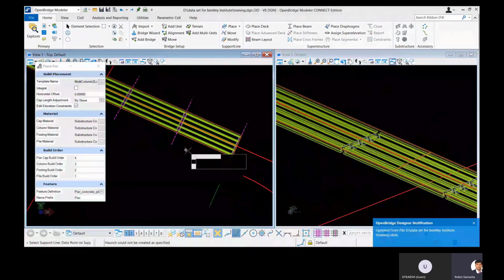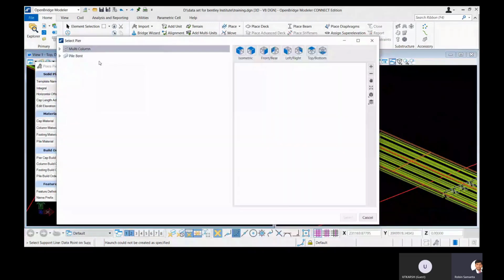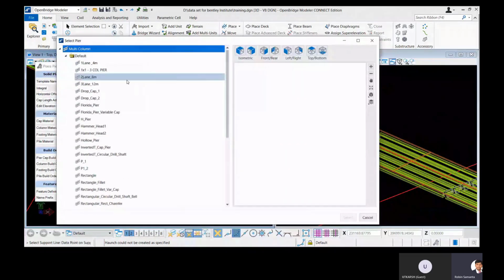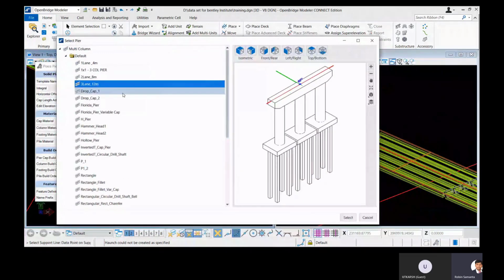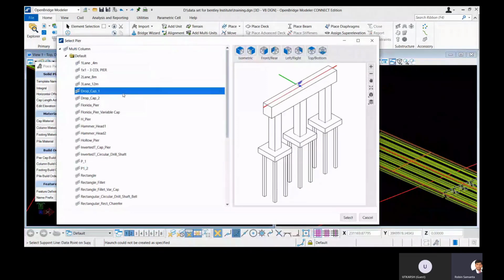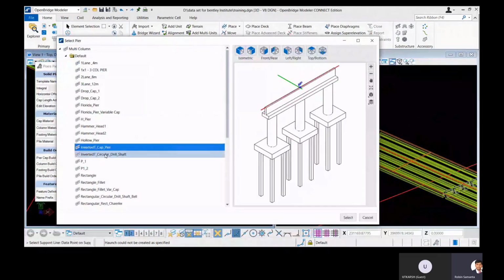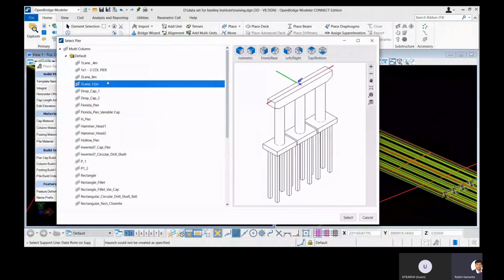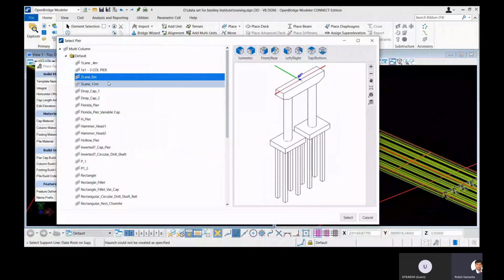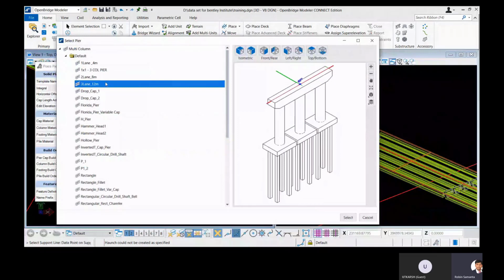Similar way, if you see, we're selecting from a template for the pier. So by the place pier options, here also different templates are available. So you can select your own type of pier. All these templates are also editable. You have seen for the deck part, right? We have changed the deck weight. Similar way for these column templates, all these are editable. So you can select any type that will help you to take the shape, and then the dimension you can edit anytime. So that's what we will do.